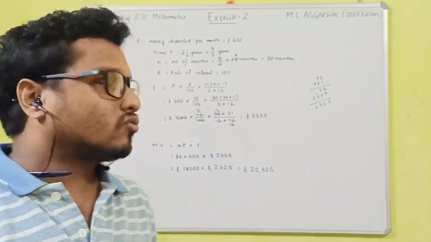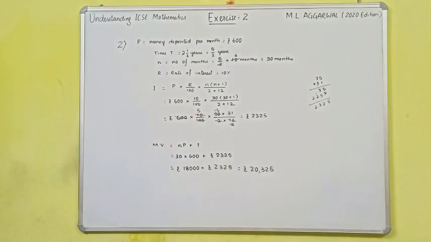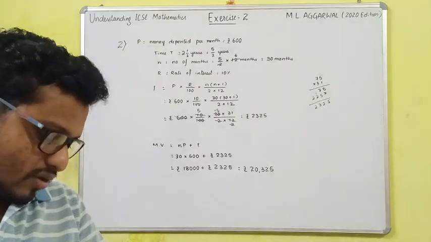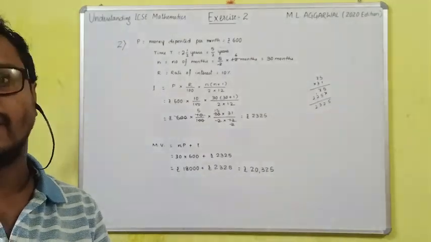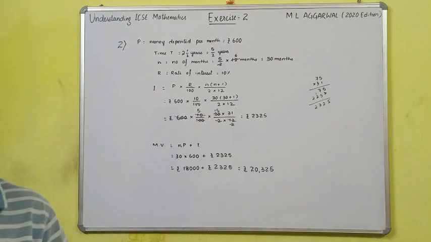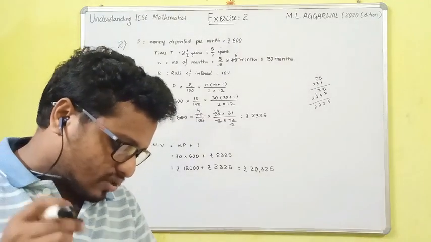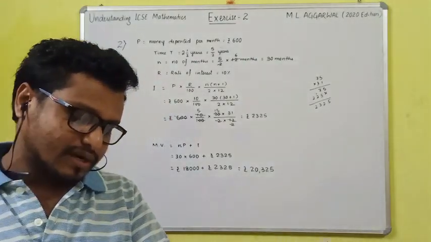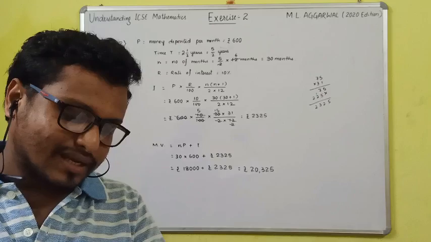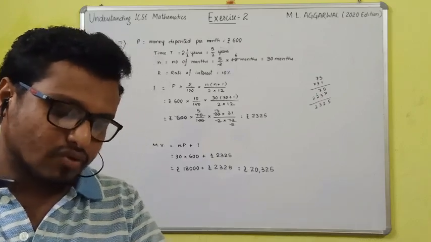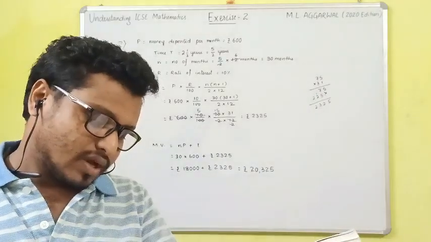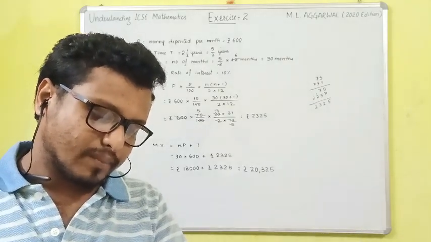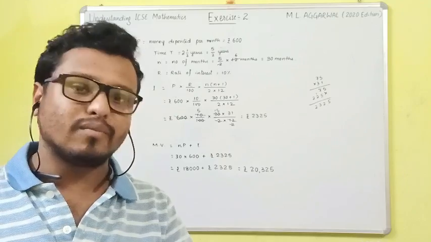Let's go for the question number 3. Question number 3 is also the same kind. Find the amount gets on maturity, but name is different and principal money deposited per month is different. See, what is your question number 3? Kiran deposited rupees 200 per month for 36 months in a bank's recurring deposit account. If the bank pays interest at a rate of 11 per annum, find the amount she gets on the maturity.